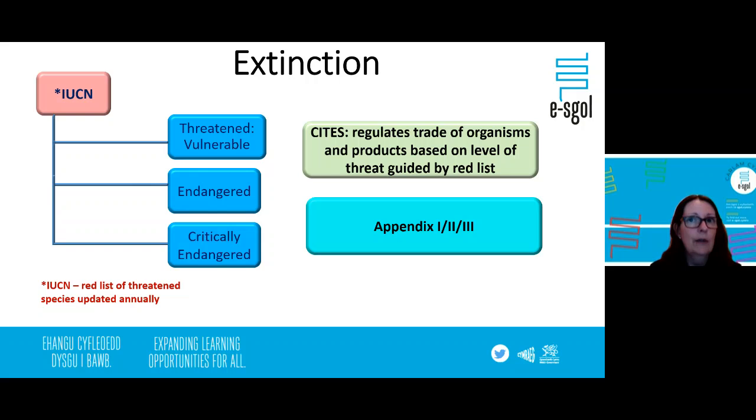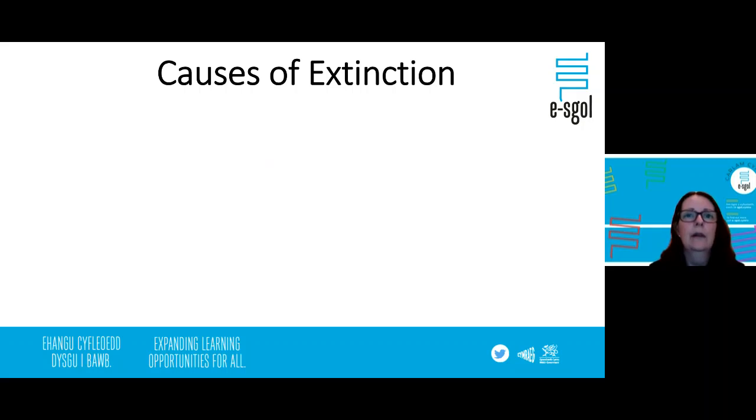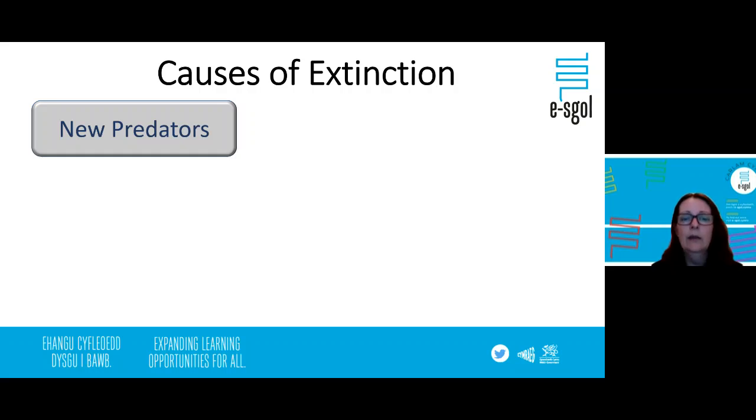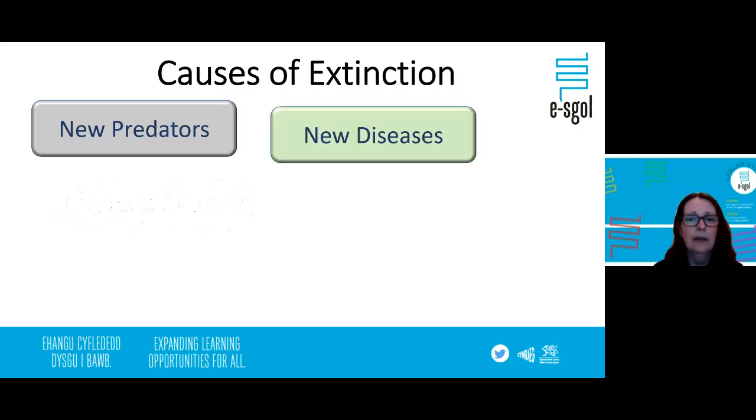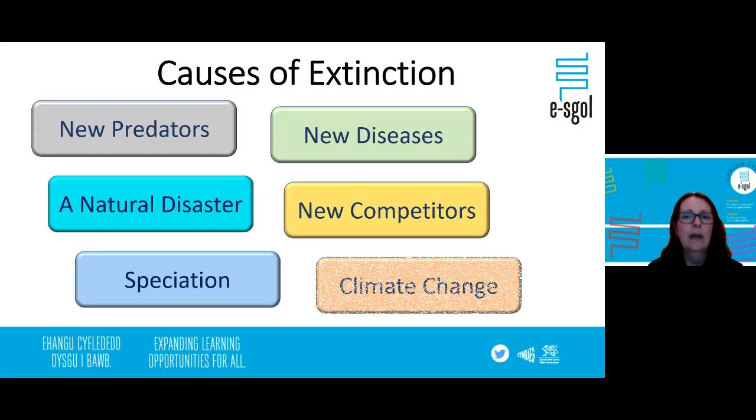For Appendix 2, there are very strict controls on the trade. And then in Appendix 3, there are strict controls on trade of certain populations of a species. So that's the law and the official side of what we can do to reduce extinction of organisms. And the causes of extinction, we'll just have a look at some of these ideas now. So at any time, don't forget to pause the film and have a look, and we'll discuss these areas now